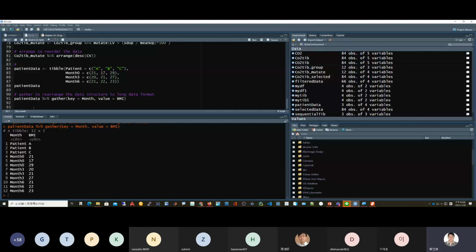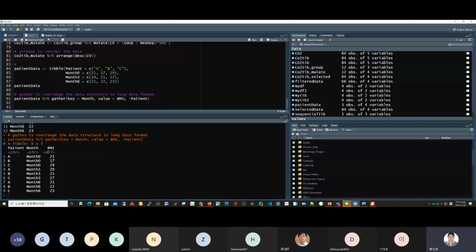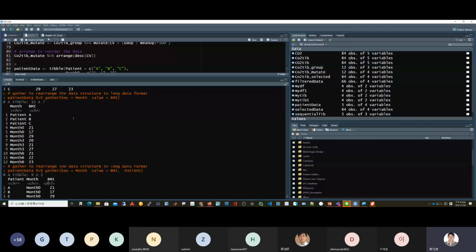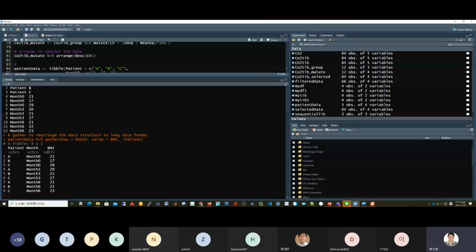Okay, so it seems that we missed one parameter here. We should put negative patient. Okay, so that will be correct. We need to put a negative patient here, otherwise the result will be like this. The patient will be mixed with our data here. So we just put negative patient, then the data will be